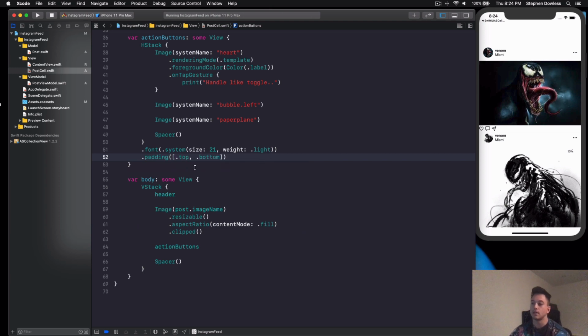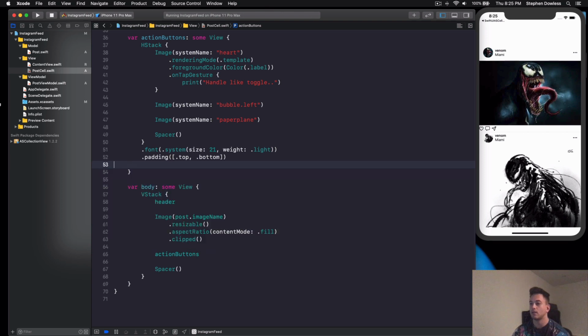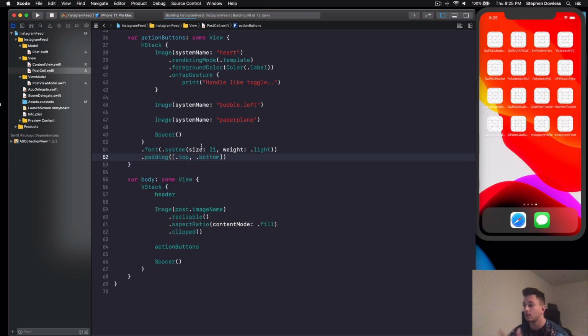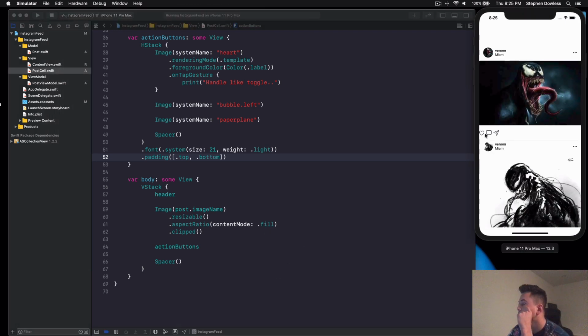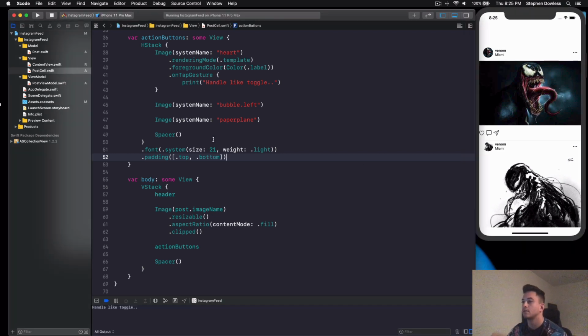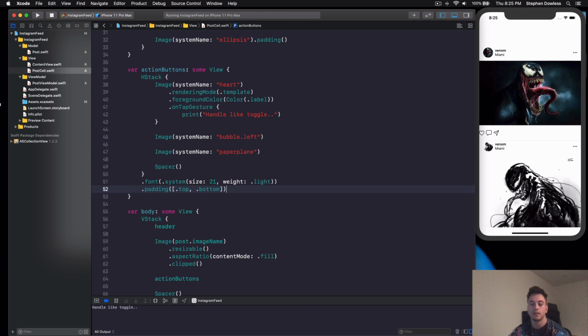And that just gives it a default padding for us. And then we're going to say dot, let's just go ahead and see how that looks for now. So just run it, and that's looking better, right? We got some padding on the top and bottom, and our buttons are a little bigger. Now we just need to space them out horizontally. So let's see,